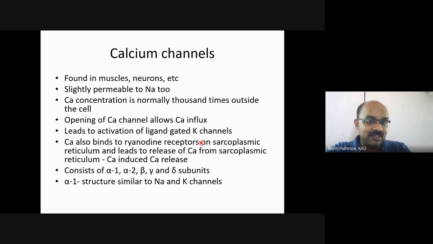And what happens is that I told you there is a ligand gated potassium channel, the fourth type of potassium channel. In that ligand gated potassium channel, I told you it responds to calcium. So the opening of these calcium channels and movement of calcium into the cell leads to the activation of ligand gated potassium channels. So that is one thing about calcium channels. Then another thing is